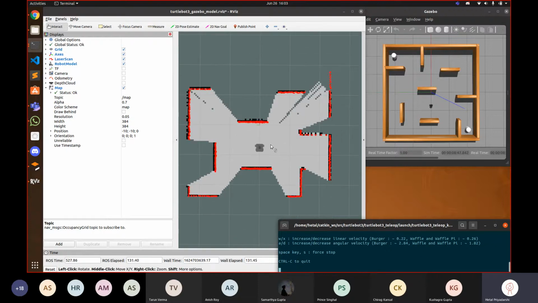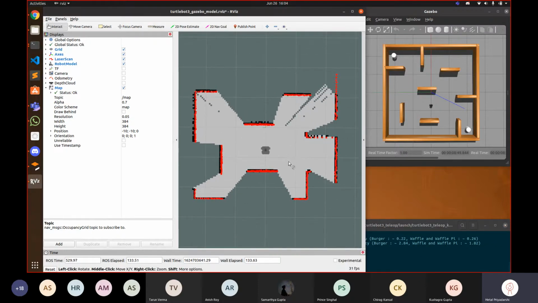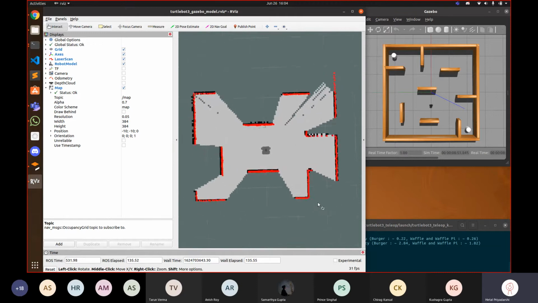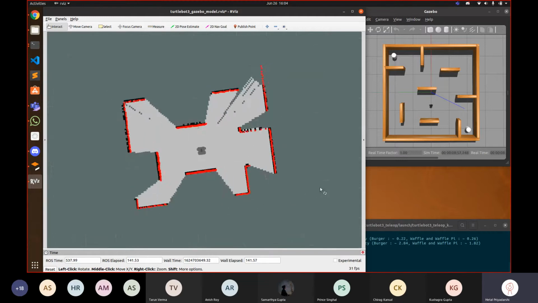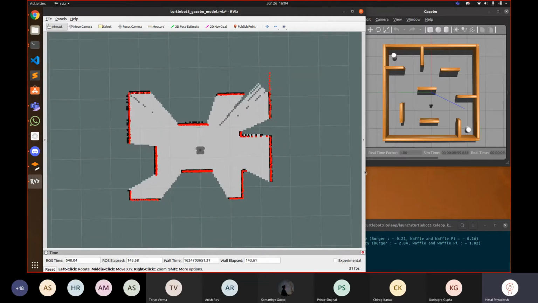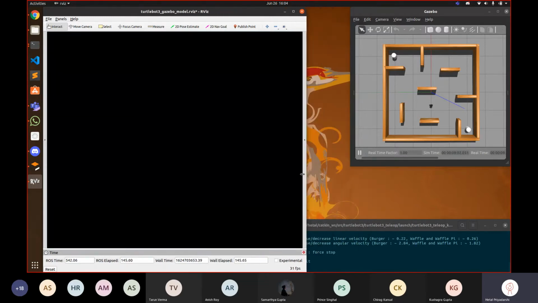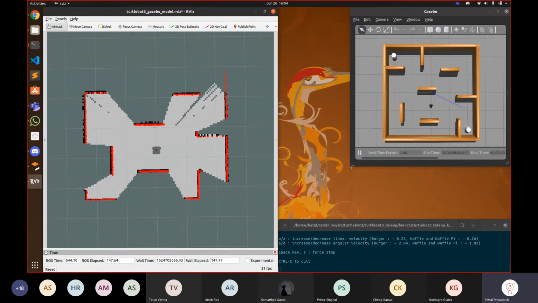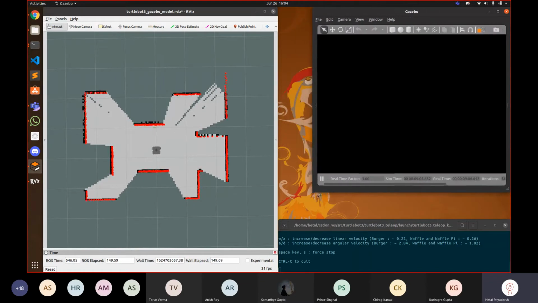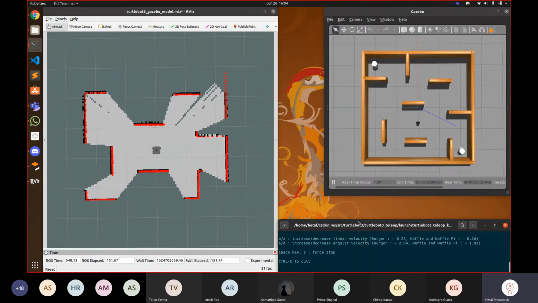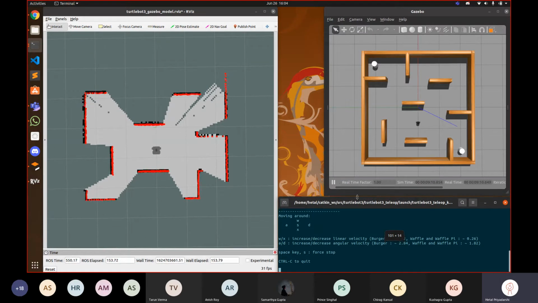Anyway, it's very interesting how this is done. You can also use something called an occupancy grid. Basically, this map is right now in a visual format for you, right? But while this is running, you can also get the map as a matrix, since computers deal with matrices.